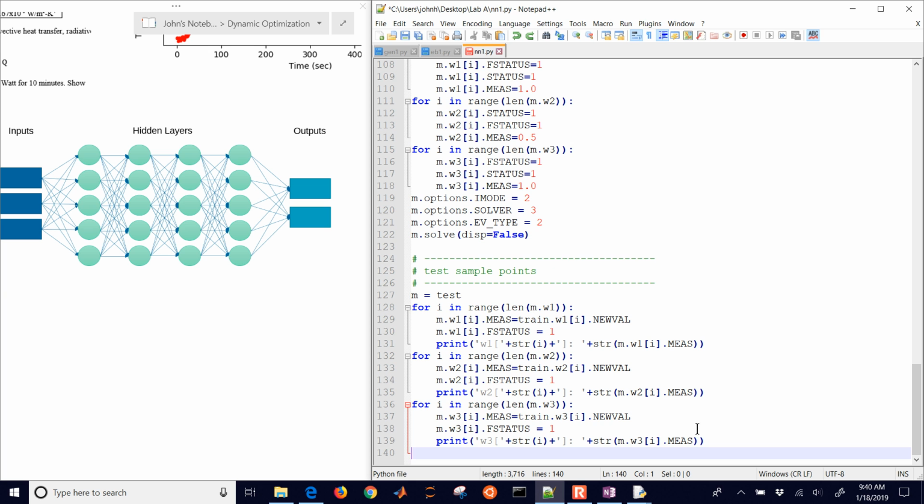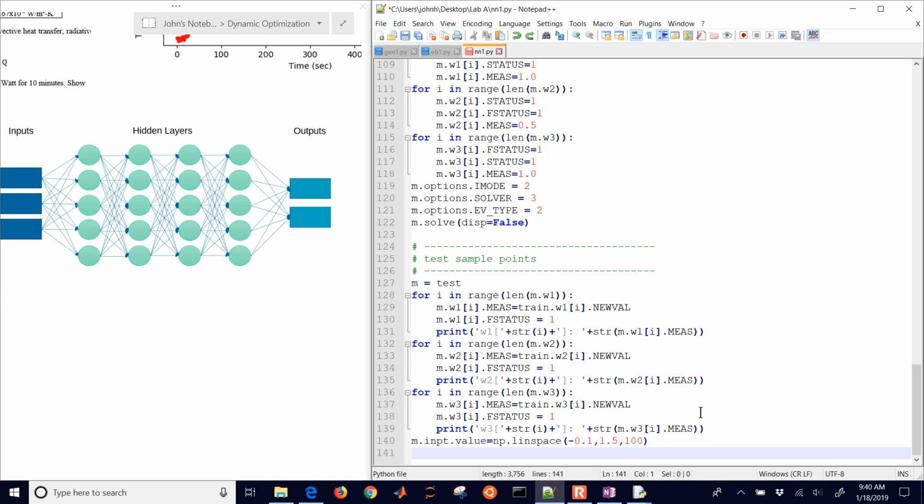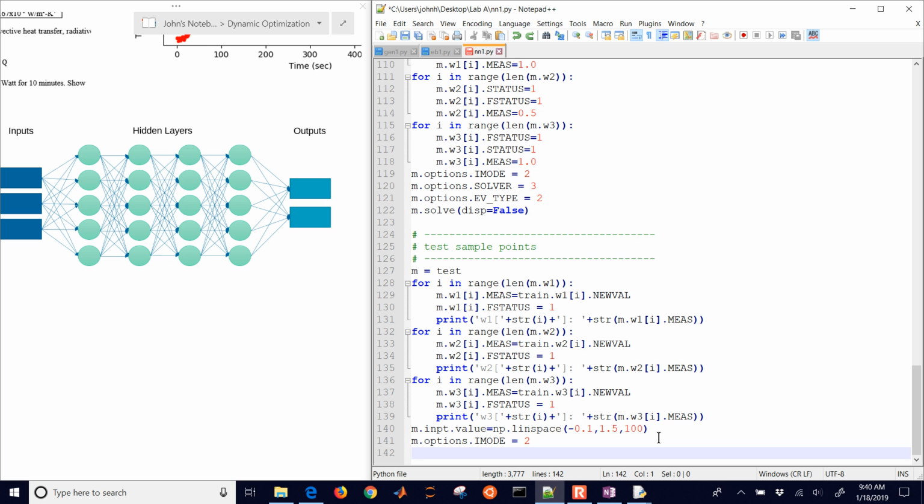I'll do that for W2 and W3 as well. Okay, and then I have my inputs. I'm going to just test it between -1 and 1.5. We only had the data that went between 0 and 1, so we're going to be extrapolating just a little bit here. Okay, and then we have I mode 2, which is going to be again steady state estimation,